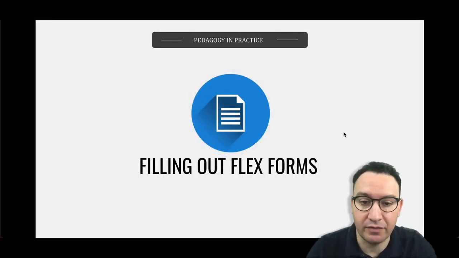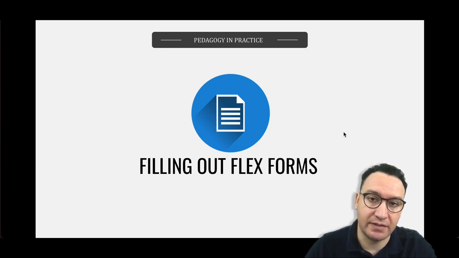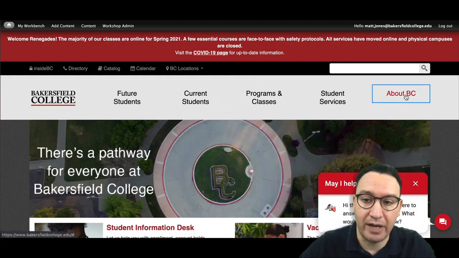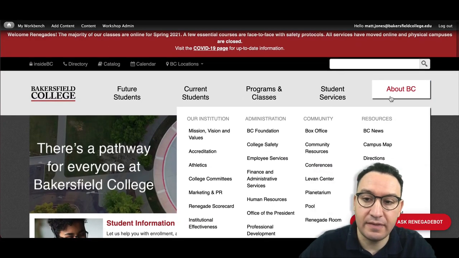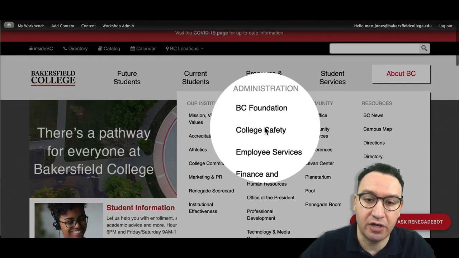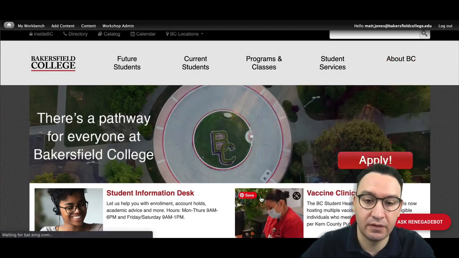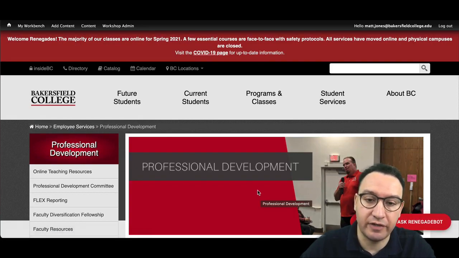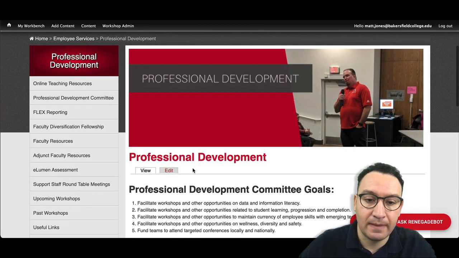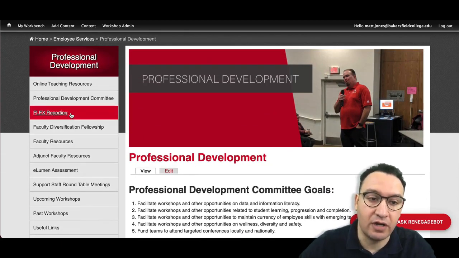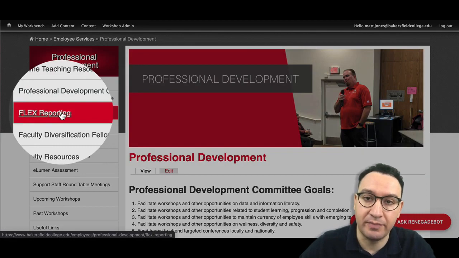Next, we're going to cover filling out the flex forms. And there are some important considerations I want you to think about in filling those out. So in order to access the flex forms, you need to go over to bakersfieldcollege.edu, our homepage, go to About BC. Then from About BC, under the Administration column, you can scroll all the way down to Professional Development and click on that. Now, once you land on the Professional Development homepage, what you're going to get is a bunch of different things. The thing you're interested in is over on the left-hand side where you can click Flex Reporting